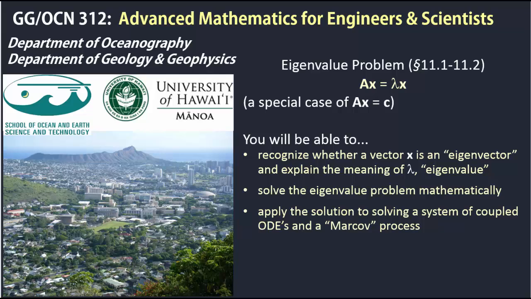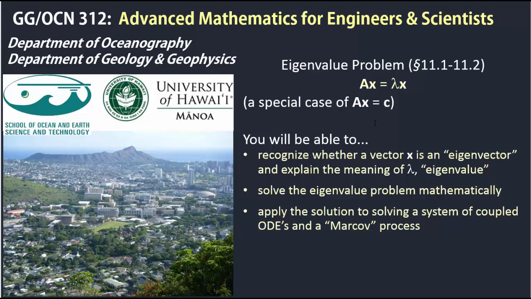A very widely used application and very important problem in linear algebra is known as the eigenvalue problem. This is covered in Greenberg's chapter 11.1 and 11.2, and it's defined basically as this equation: Ax equals a scalar quantity lambda times x. And you might recognize this, it's a special case of the system Ax equals c, which we've talked about quite